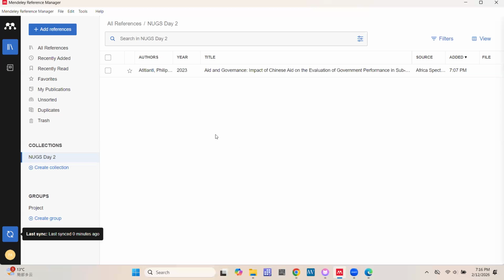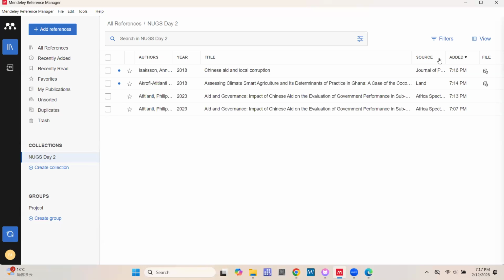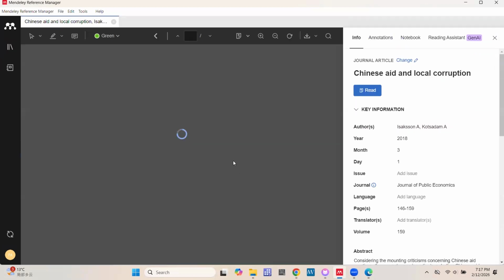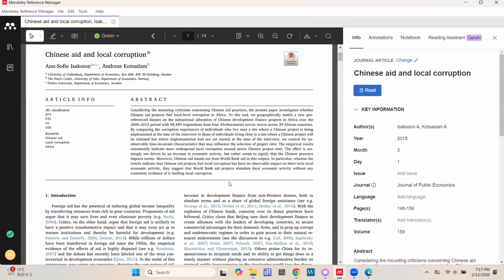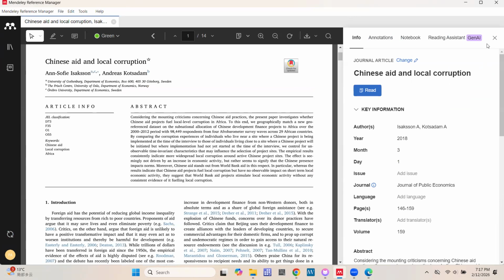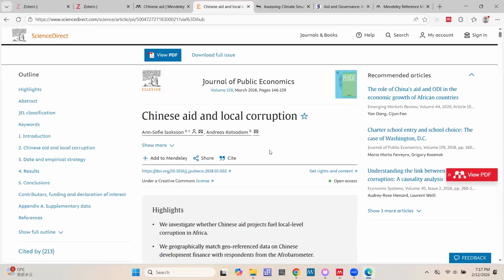So if you go back to our reference manager and we sync it, it should now give us this file. So you see over here, we now have those two files. Once we double click on it, we will be able to read the PDF and then do any needed change you want. All right, so there's associated PDF. You can highlight, you can make your notes, and then whatever you would want to do. All right, I hope we are good with that. Any question before we proceed?